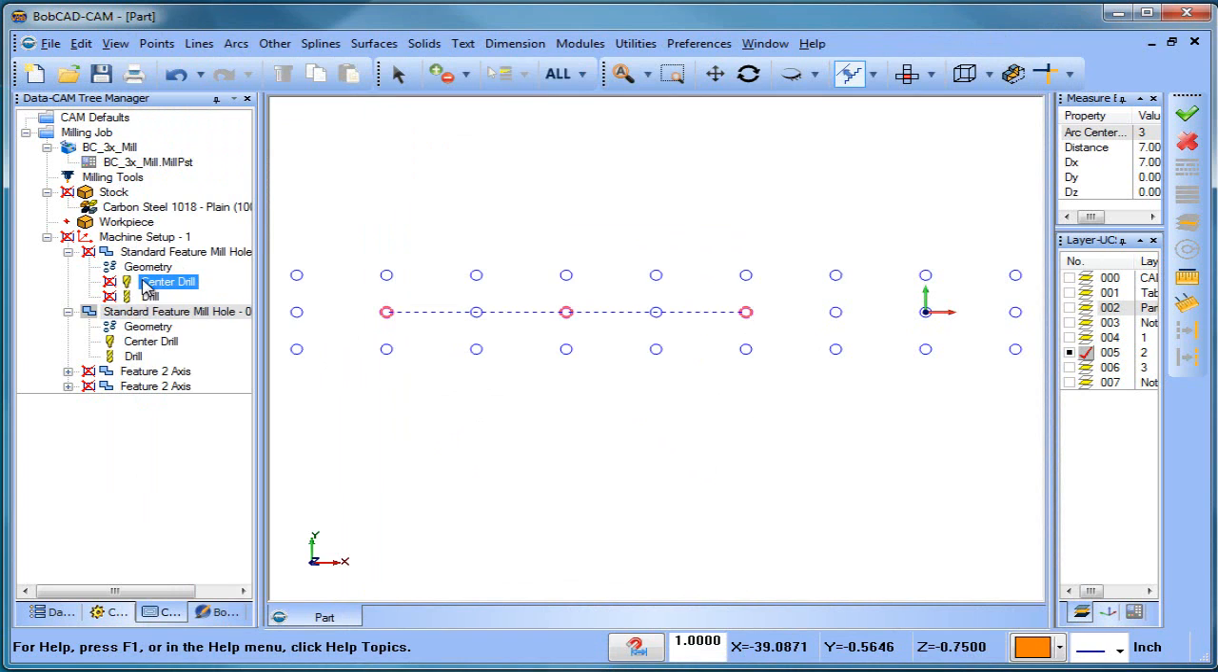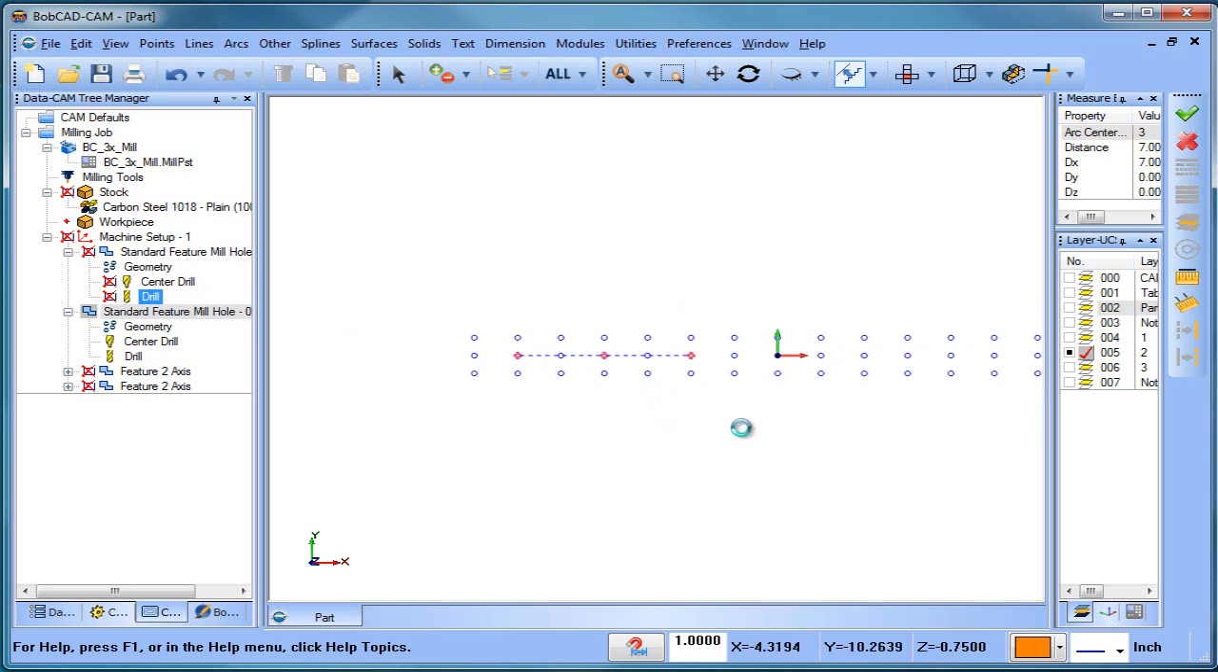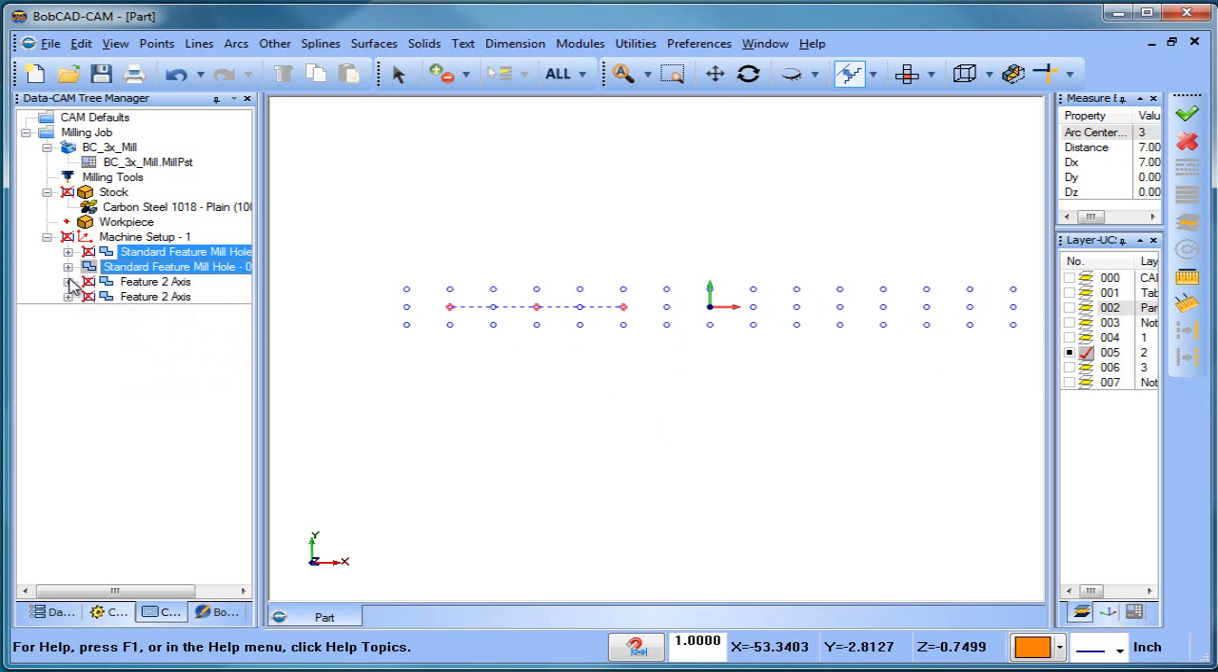So now I have my two features here, and I removed one of the hole locations and I changed it from a through hole to a blind hole. So I just wanted to cover a little bit of that. Now, all right, so we're in our first setup. Now, the next thing that we want to do